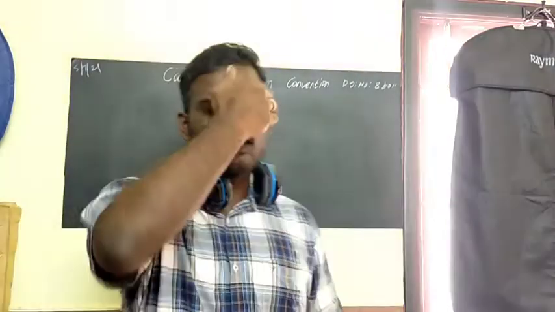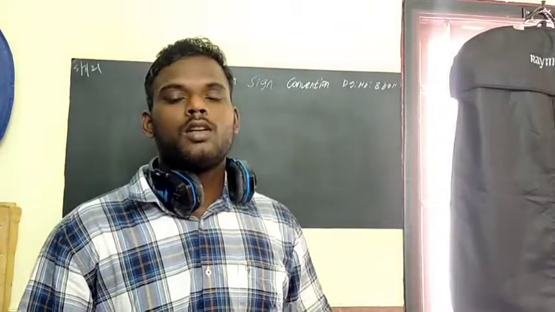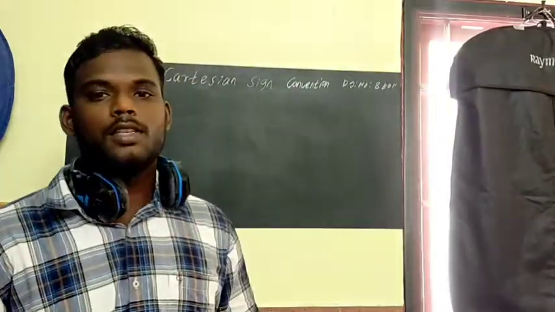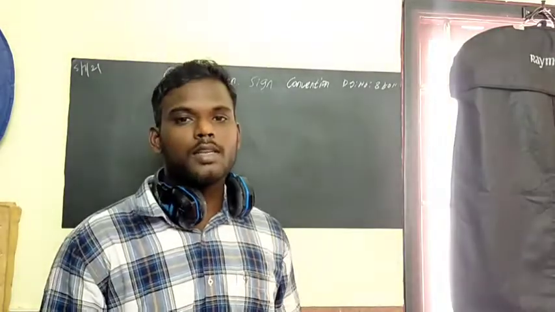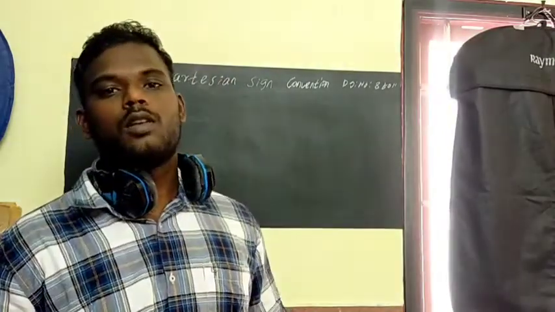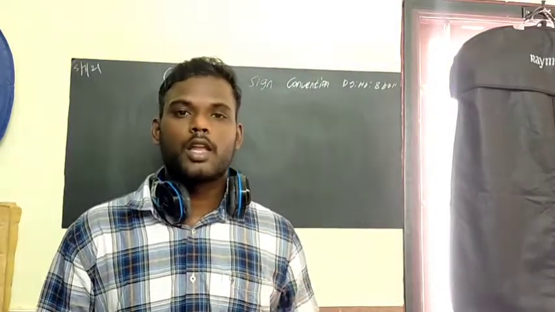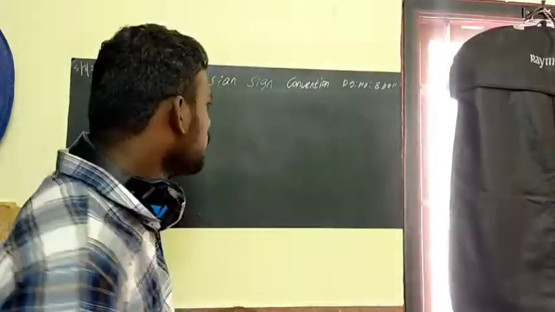Good evening everyone. Last class we discussed the image formed by a spherical mirror. In that, we saw the difference between concave and convex, we discussed the parts of the mirror, and finally we discussed the ray diagram conditions for the concave mirror. Today I am going to introduce a new topic.